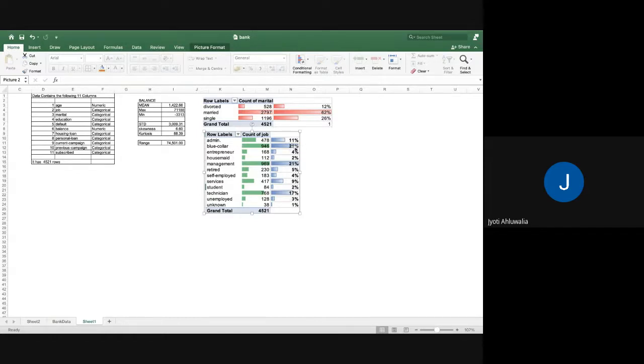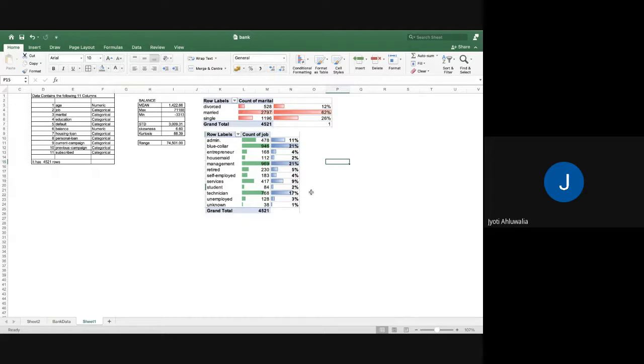So blue collar, management and technician form almost 60% of the total population in the data set. If I look at married, around 62% of my people are married, 12% are divorced, and 26% are single, right? Now, this is univariate analysis.